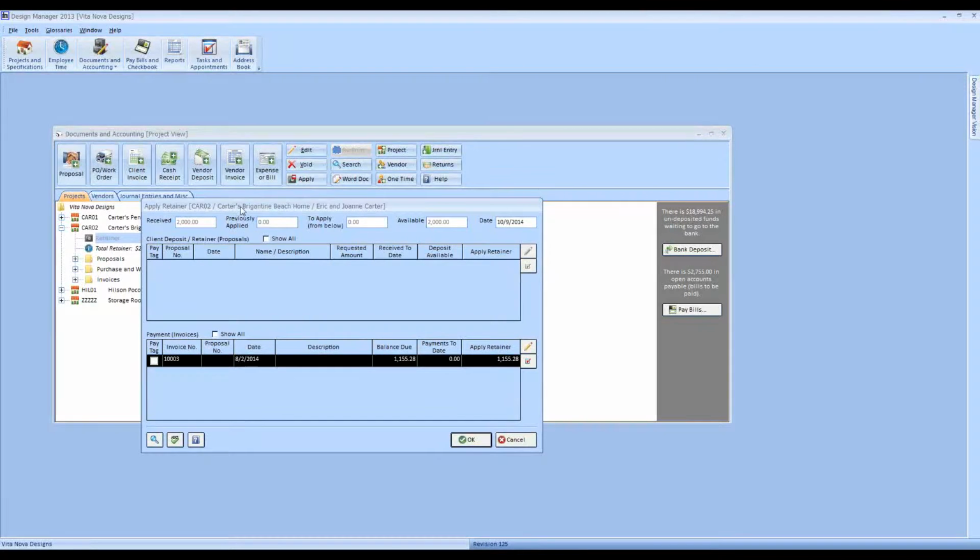The Apply Retainer window, if you notice, looks very much like our cash receipt window. It just has a few additional checks and balances to ensure that a retainer is being allocated properly. So the Carters want us to move our $2,000 deposit to pay off invoice 10,003, for example. So if we select or tag that